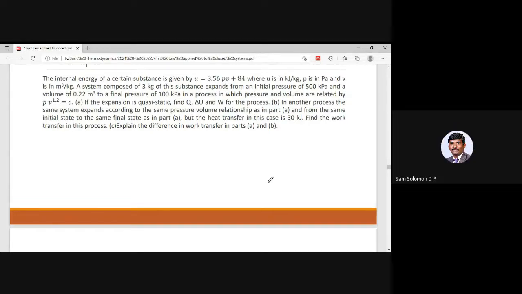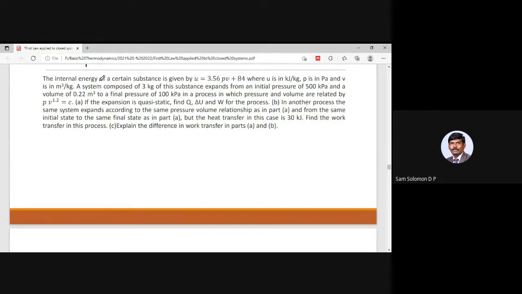So all these problems I have taken from Engineering Thermodynamics by BK Nath. If it is a regular class, an offline class, by this time you would have moved to 4 or 5 problems. But then Sachin, I have to deal with your problem also. So let me finish this and then I'll switch over to that problem, because I have to open a separate PDF and then I have to explain it to you. Okay, so bear with me.